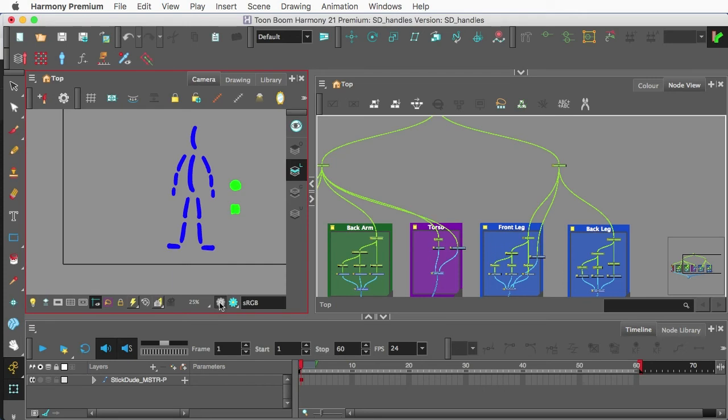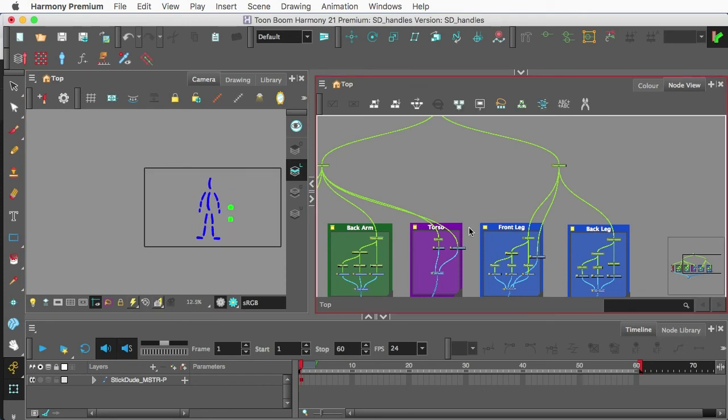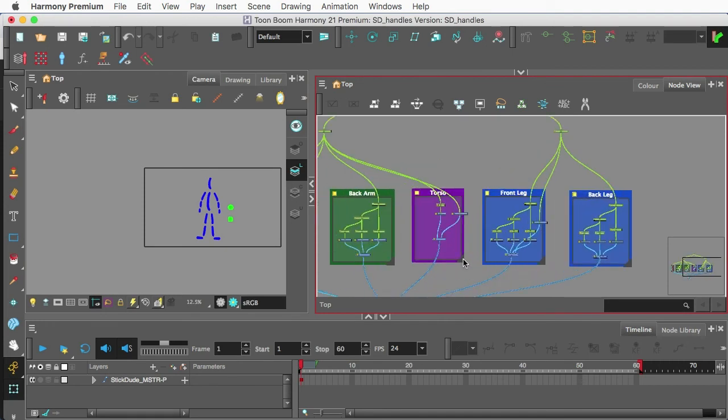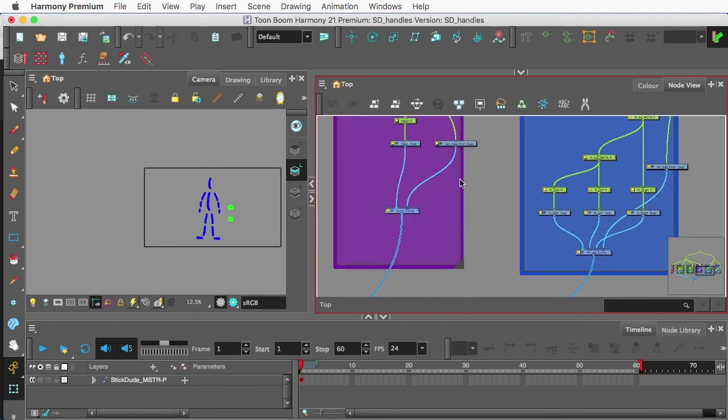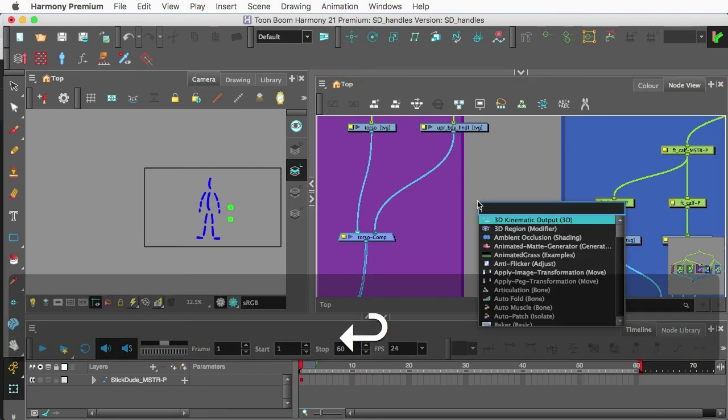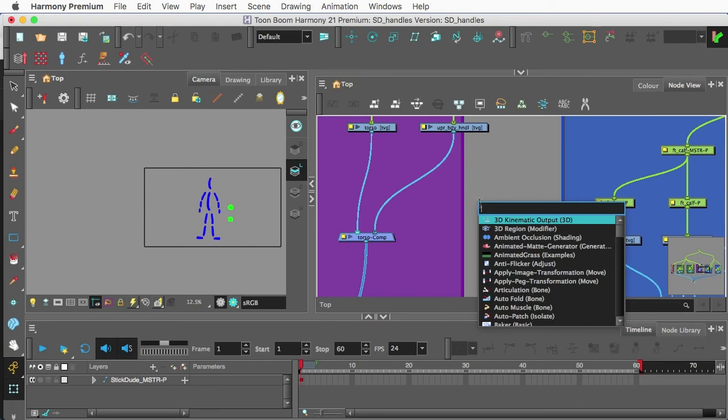Okay. So let's go back out here normally. And what I need to do is add something called a visibility node. Meaning, I want this to show up when I'm working and animating, but I don't need it to show up in the final render. So in Harmony 20 and above, in your node view, you can basically hit your return or enter key and you get your search window here. And I can type in VISI